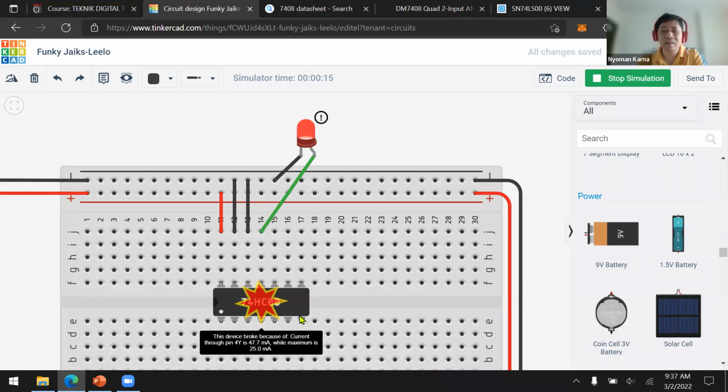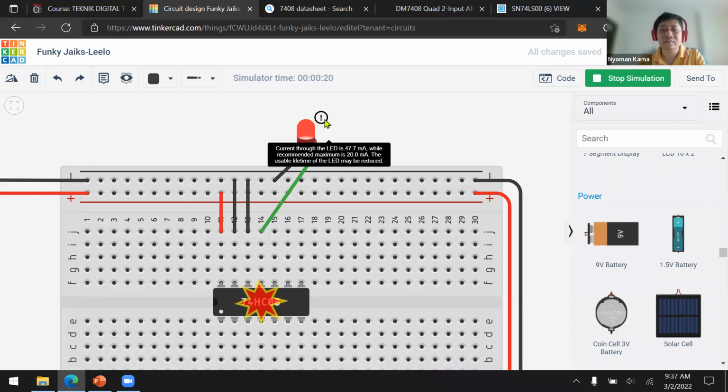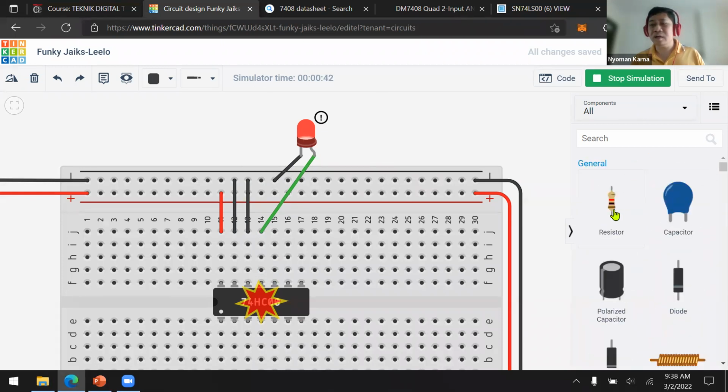So what happened? That's because the current going through the LED lamp is too big, so we need to make the current smaller. What is the component to make the current smaller?